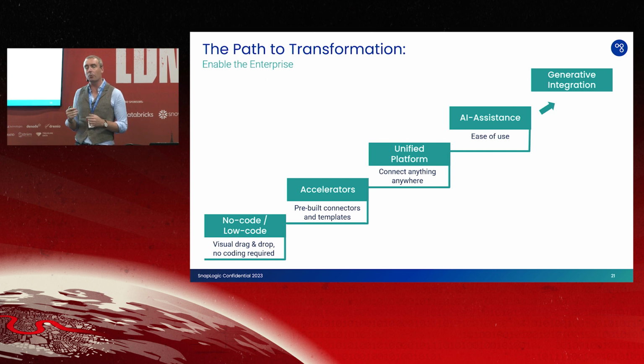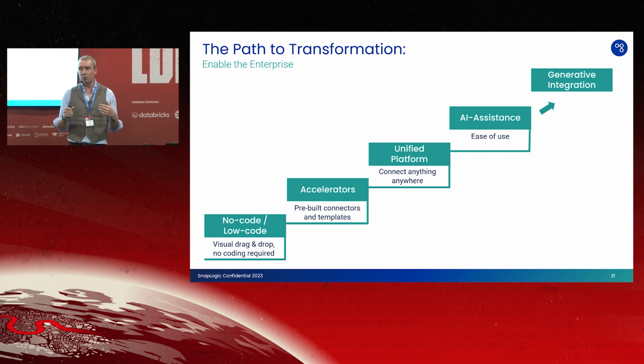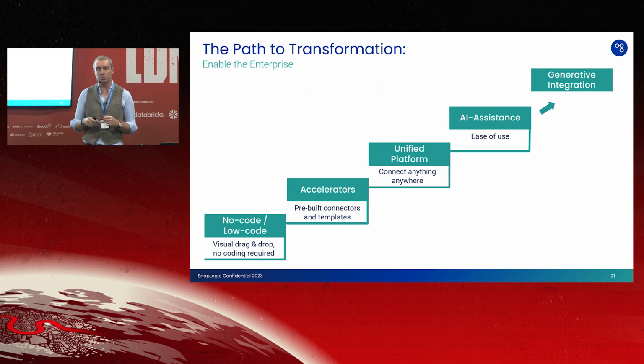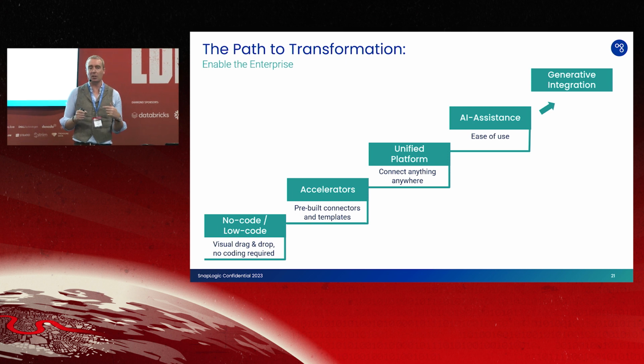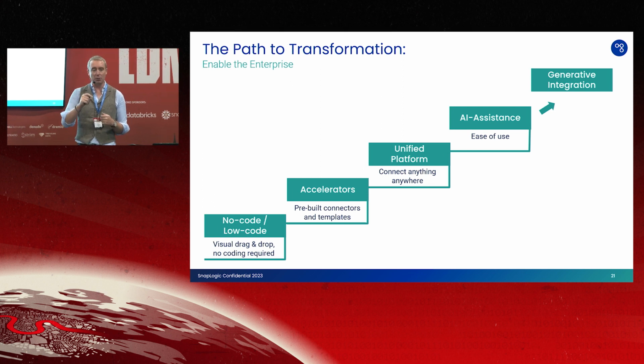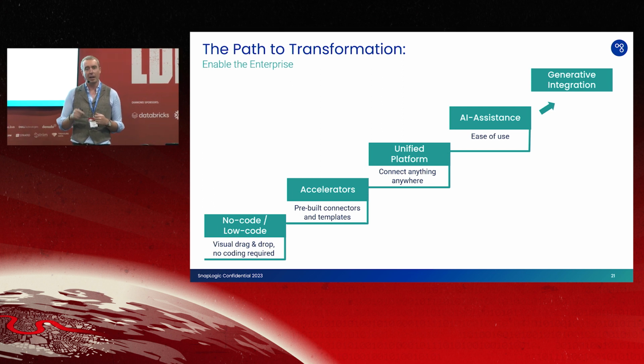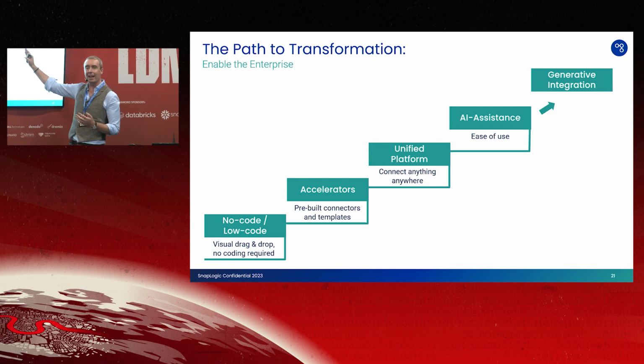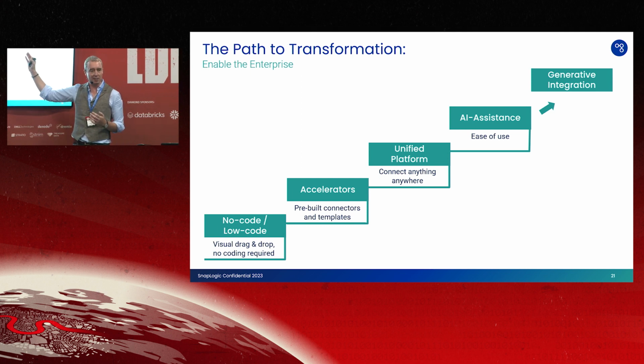So we have a component called Iris, which will do things like recommend the next logical brick in your integration, your next logical snap. It will say, you just pulled a bunch of data from Salesforce. Mostly when people pull data from Salesforce, they want to map the fields. So here's a mapper component. Is that what you want? Yes, okay, good. Now that you map the data, you probably want to put it somewhere. How about writing it to Snowflake? And you can say, yes, that's exactly what I wanted. Off you go. And so that's really helpful, but because we had that basis of AI assistance, it was easy